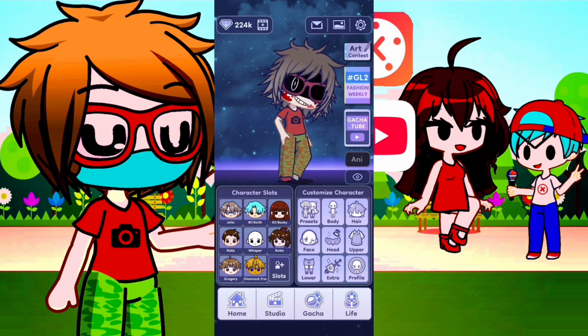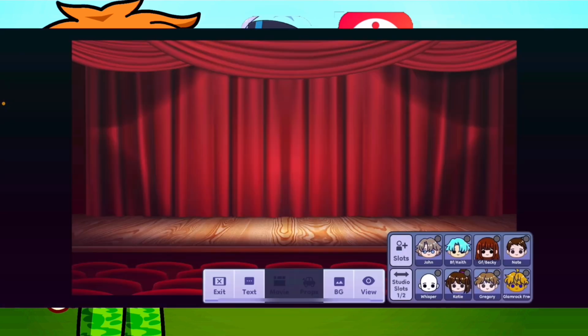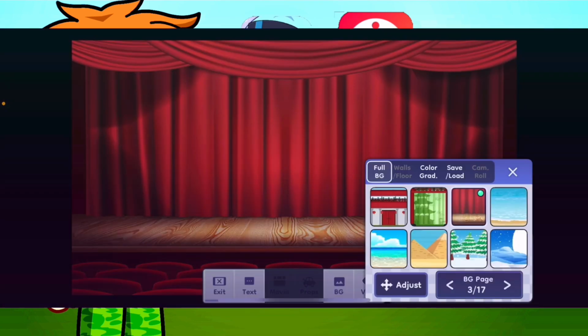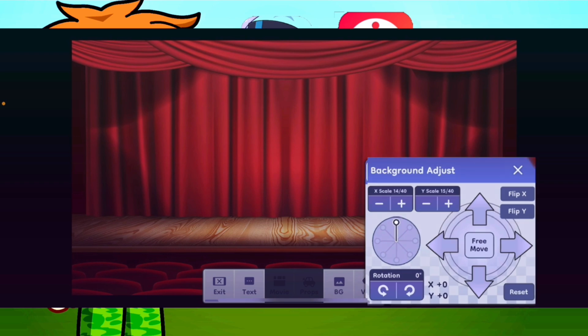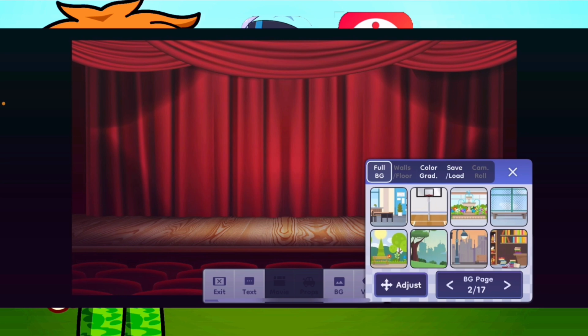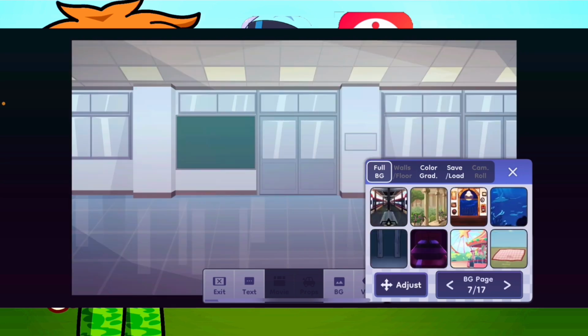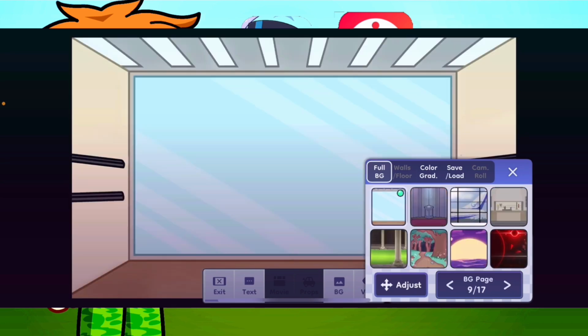So first things first, YouTube thumbnail, put that on landscape. So BG settings, if you're on a wider phone like I clearly am, I would use the adjustment settings as seen here. Now let's go find the House of Mirrors. Should probably go over studio mode, but I'll do that more in depth in the